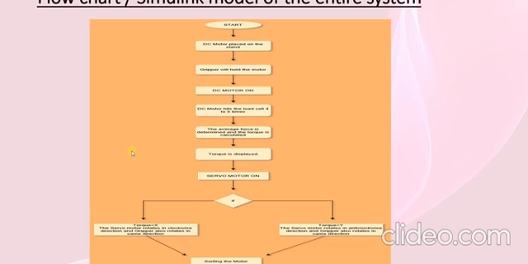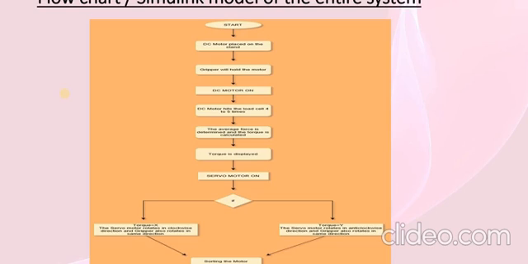Next is the flowchart of the entire system. Here initially the DC motor will be placed on the stand. After that the motor of the gripper will rotate in clockwise direction and hold the motor, and the next DC motor will turn on, and the DC motor will rotate and hit the load cell 4 to 5 times. Then the average of all the 4 to 5 readings will be taken, which will be equal to force. That force will be substituted in the torque formula to calculate the torque.